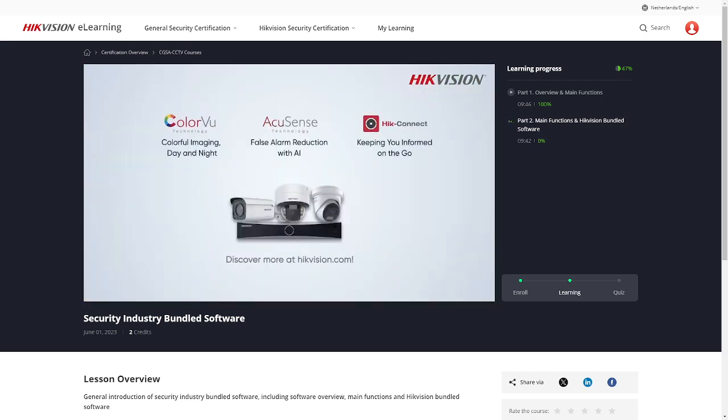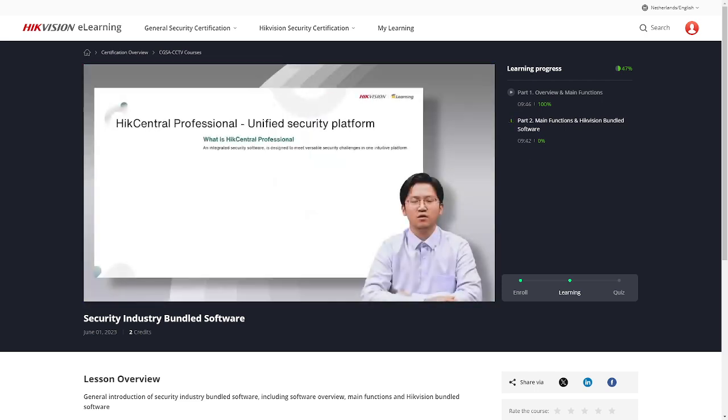Discover more at hikvision.com. Let's focus on the next software from Hikvision, HikCentral Professional, which is also called HCP. It is an integrated security software, designed to meet security challenges in one intuitive platform. While protecting people and property, it makes daily operations more efficient.